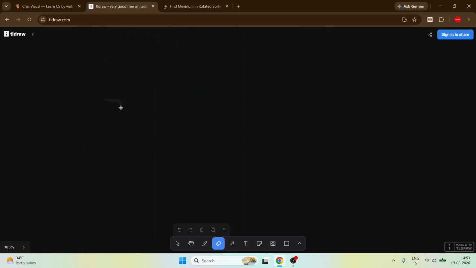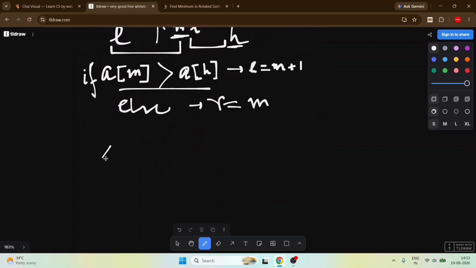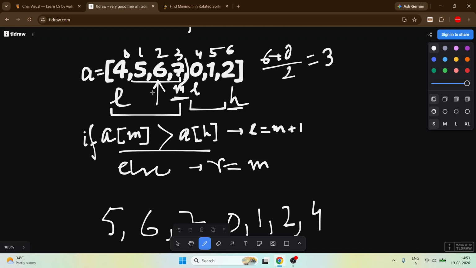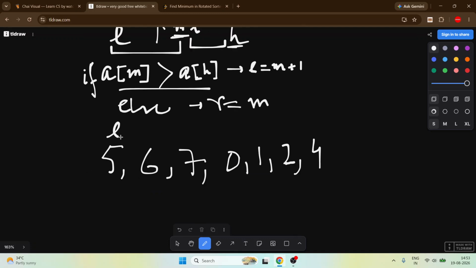For this, suppose it becomes 5 6 7 0 1 2 4. See, both of these are the same array. If we put low and high here, what will our mid become? Our mid will become this 0.